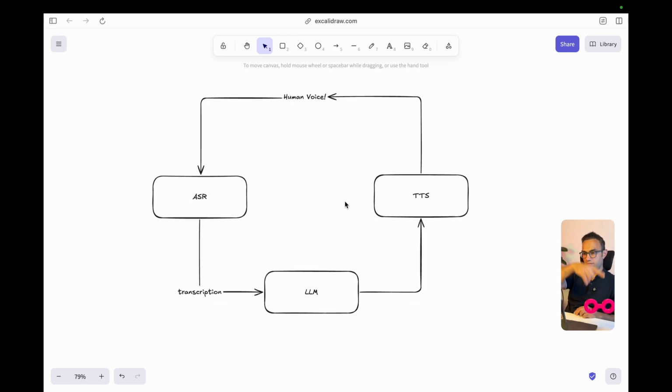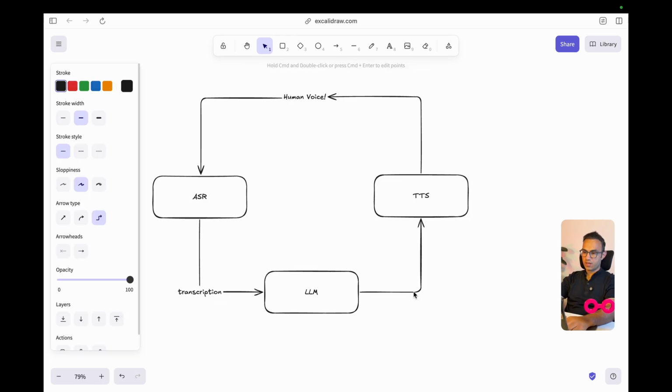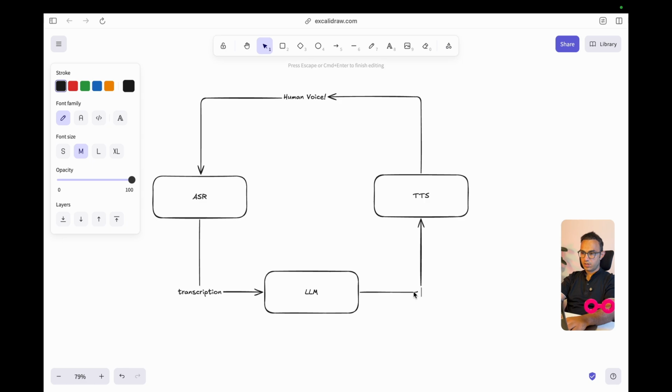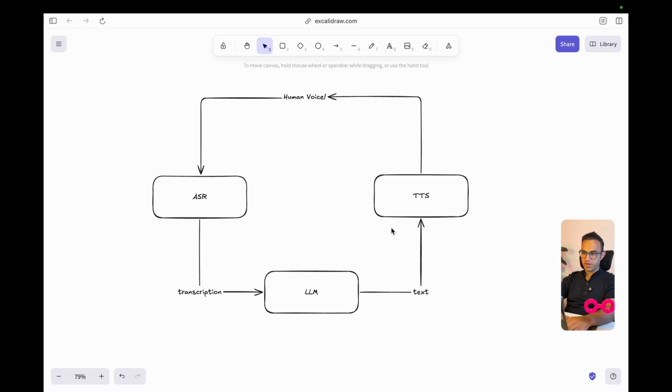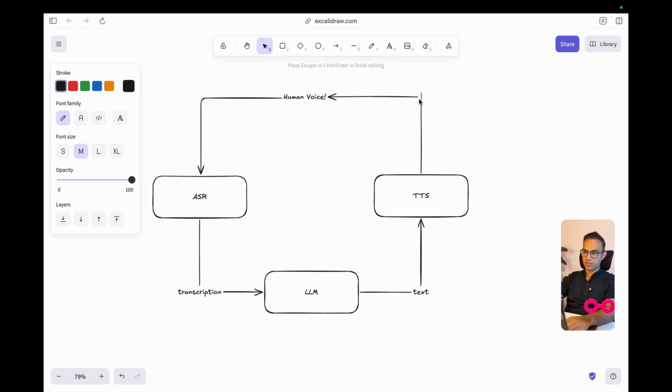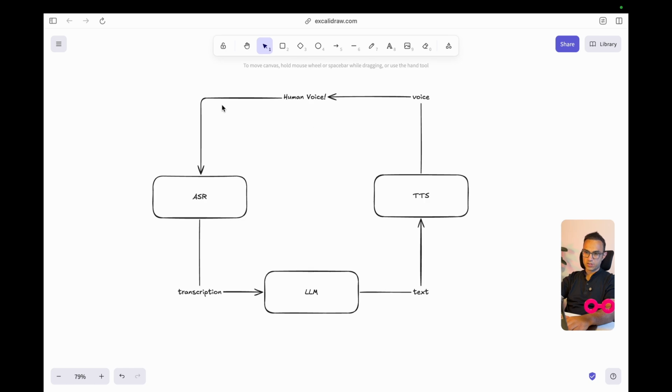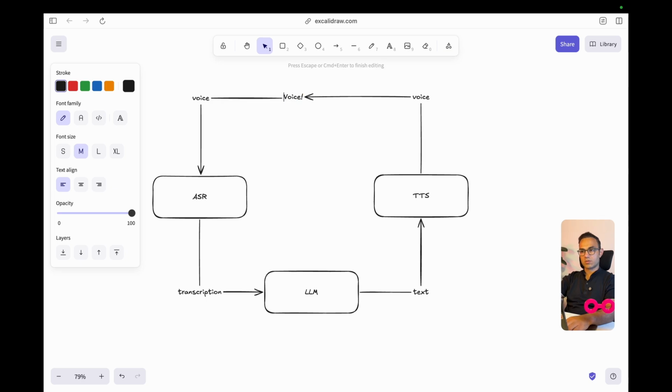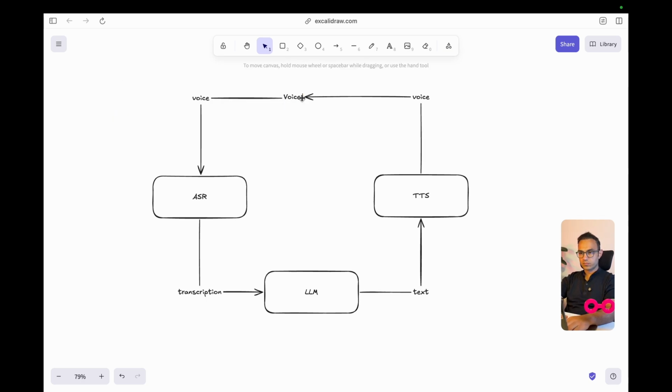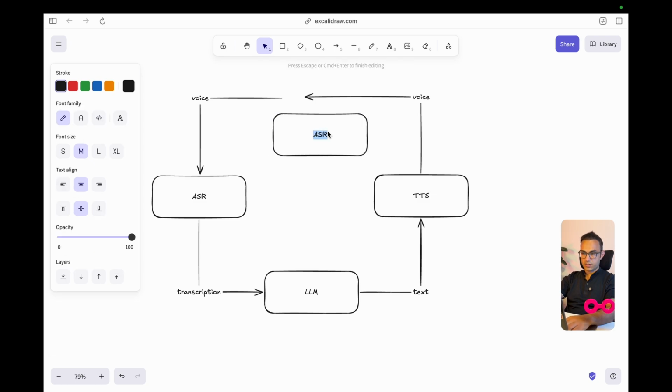So that loop that you saw is basically text provided back from the LLM to the TTS, and then from the TTS, a voice goes back. It's a voice coming out of a human, or maybe another AI agent. I'll just call it voice, so it could be another box like this.